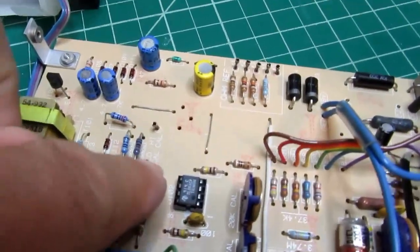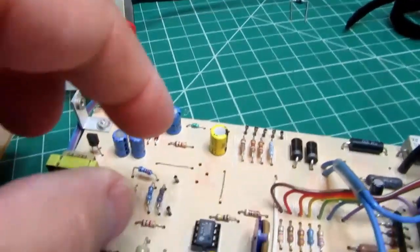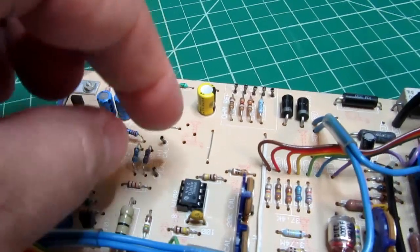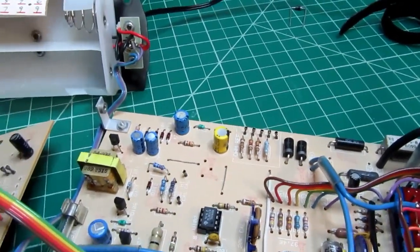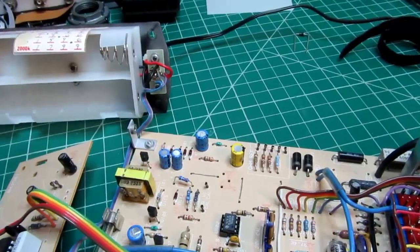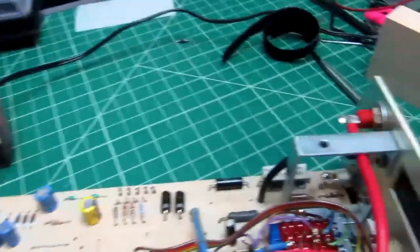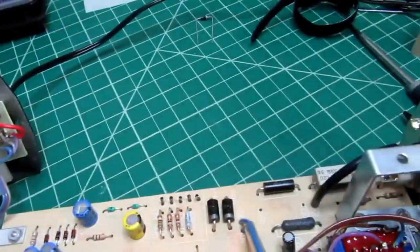There are a couple of posts here for the low cal and high cal, and during calibration the meter is used to measure its own internal reference voltages, and that's how you would calibrate it for AC volts. And then due to the nature of the circuit, that's also calibrating current at the same time. This is the AC cal pot down here, as I already mentioned. What else do we have? Oh yes,